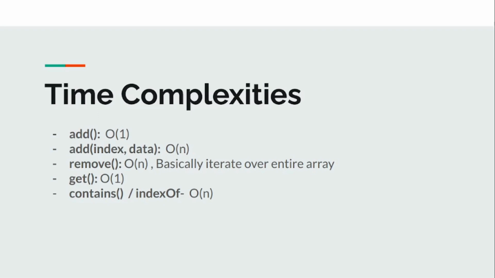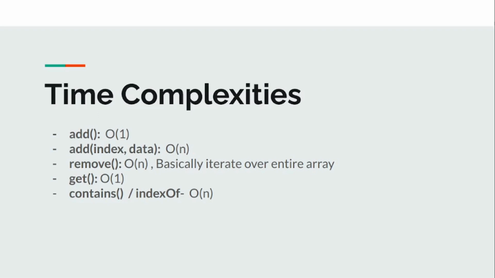So let's say if I remove the first index and the size of the array list is 10, then from the second to the 10th index it needs to move, right? Get is O(1), because it's just getting the data from that particular index. So get fifth index just returns array of 5, which is O(1).